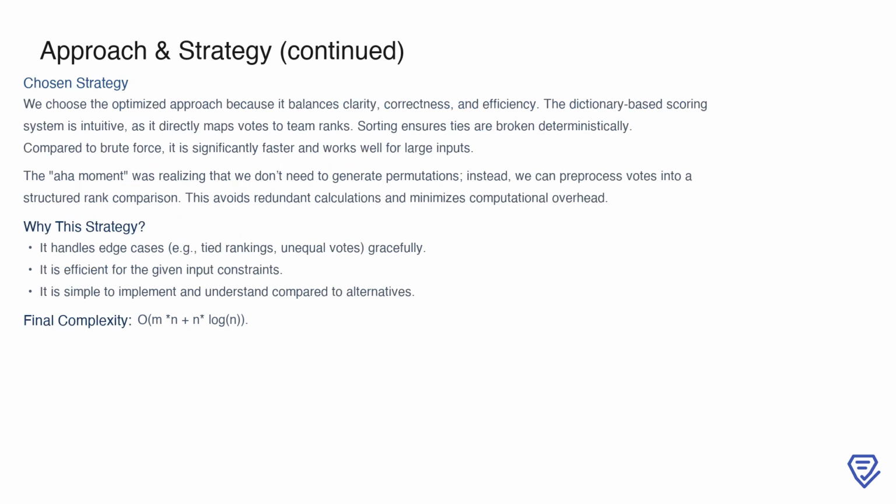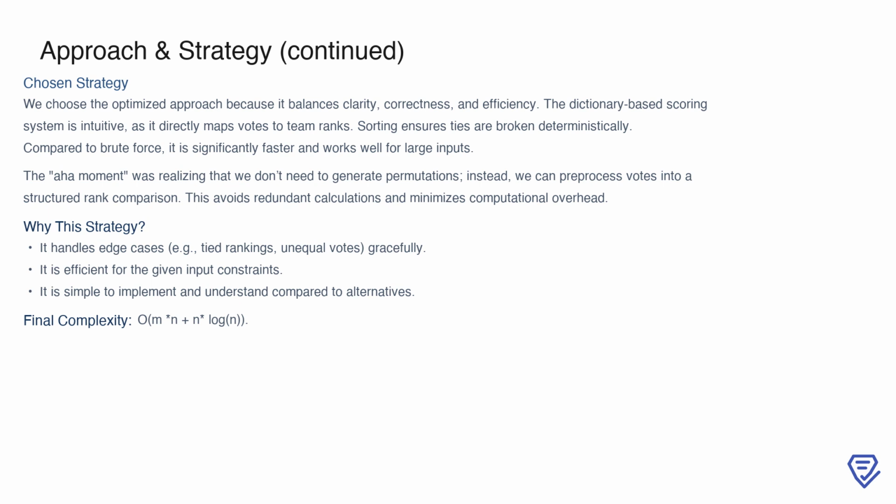The optimized approach is our chosen strategy because it strikes the right balance between clarity, correctness, and efficiency. By using a dictionary-based scoring system, we can map votes directly to team rankings in an intuitive way. The sorting step ensures that ties are resolved deterministically, which is crucial for accuracy. What's particularly compelling about this method is the realization that we don't need to generate permutations at all. Instead, we pre-process the votes into a structured format that allows us to compare ranks directly, eliminating redundant calculations and